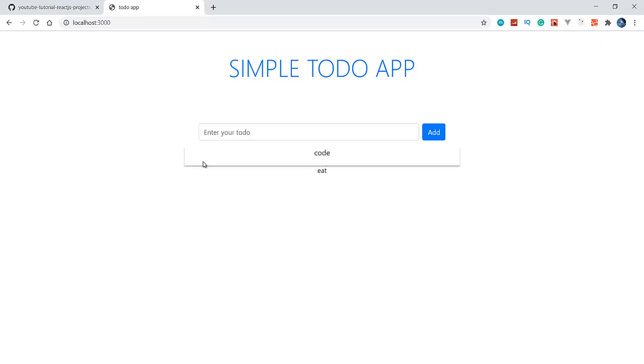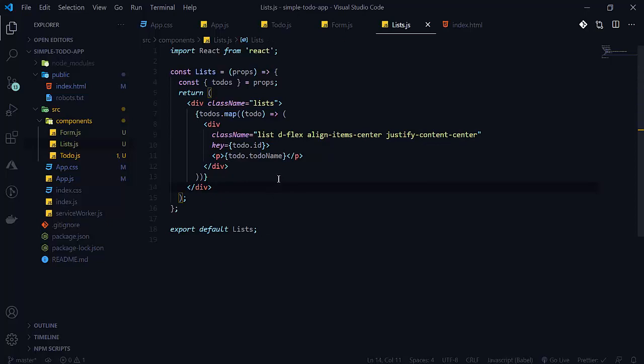So first of all let's write. We are doing our read operation now. Now we will write one condition here.